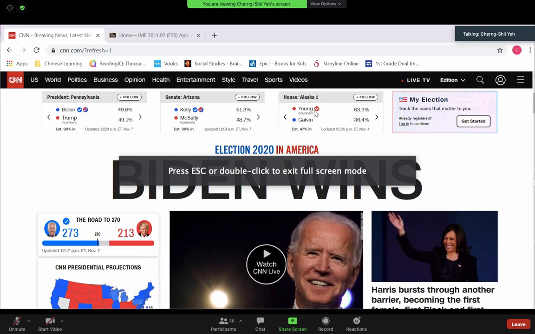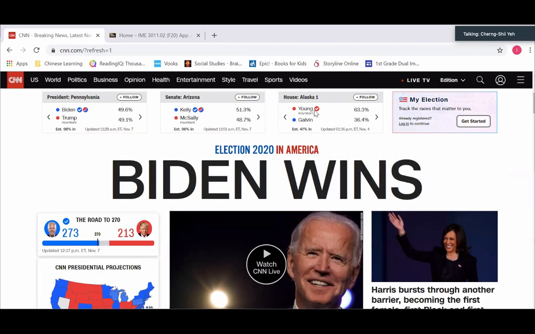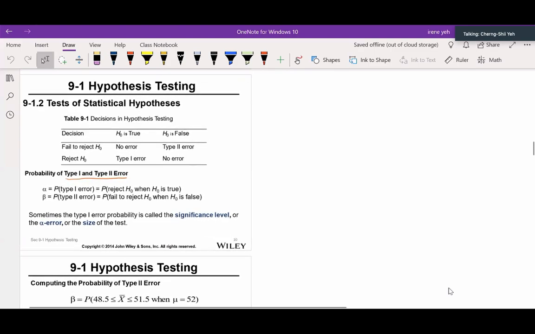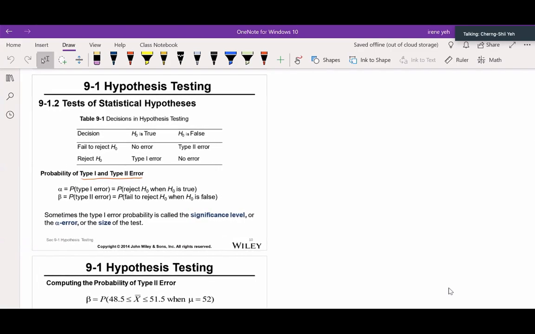So I highly recommend you write down your notes today. Otherwise, everything becomes like a tongue twister. You don't know exactly what we're talking about. All right? So today, we're going to go back to the first section, 9.1, to talk about what would happen